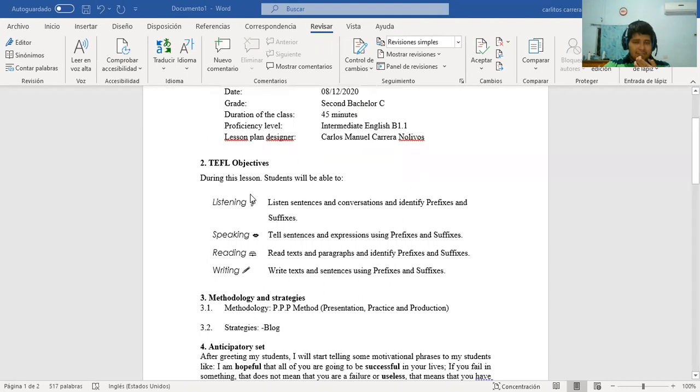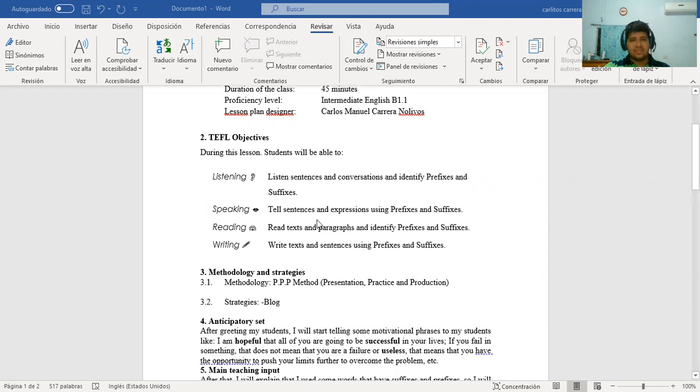With this lesson, what I am trying to achieve is that the students will be able to listen to sentences and conversations and identify prefixes and suffixes. That the students will be able to tell sentences and expressions using prefixes and suffixes. That the students will be able to read texts and paragraphs and identify prefixes and suffixes. Finally, that the students will be able to write texts and sentences using